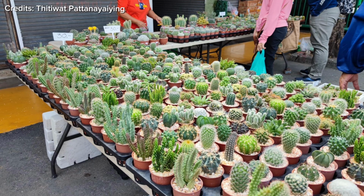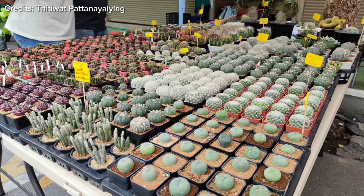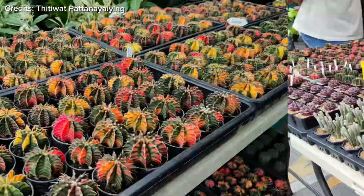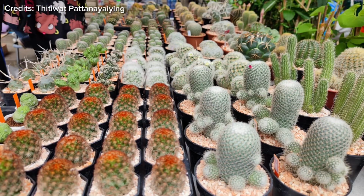Have you ever wondered if buying small cacti is a better option than investing in larger, more mature ones? Well, let's explore some compelling reasons why purchasing a small cactus can be a fantastic choice for both your wallet